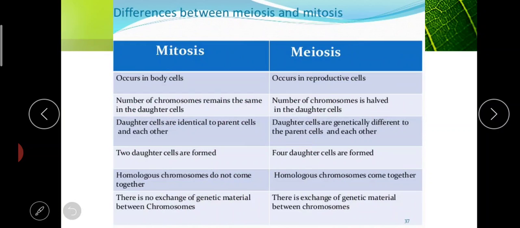In metaphase 2, they will be arranging in the equatorial position. In anaphase 2, the chromatids will get separated into daughter chromosomes and they move to the opposite poles. And in telophase stage, what happens? The daughter chromosomes will form a proper nucleus and the nuclear membrane will start to appear. In cytokinesis, they will be dividing into 2 daughter cells.